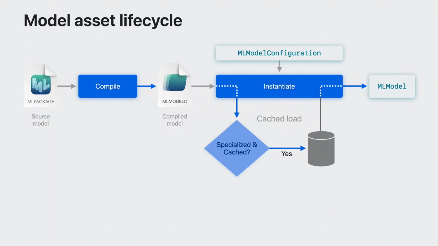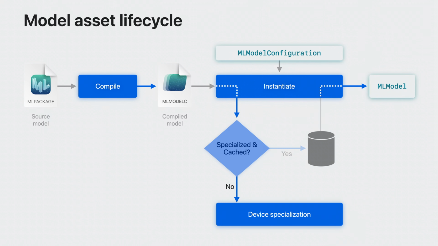If the configuration was not found in the cache, it then triggers a device-specialized compilation for it. Once this process completes, it adds the output to the cache and finishes the load from there. This is called an uncached load. For certain models, the uncached load can take a significant amount of time. However, it's focused on optimizing the model for the device and making subsequent loads as fast as possible.